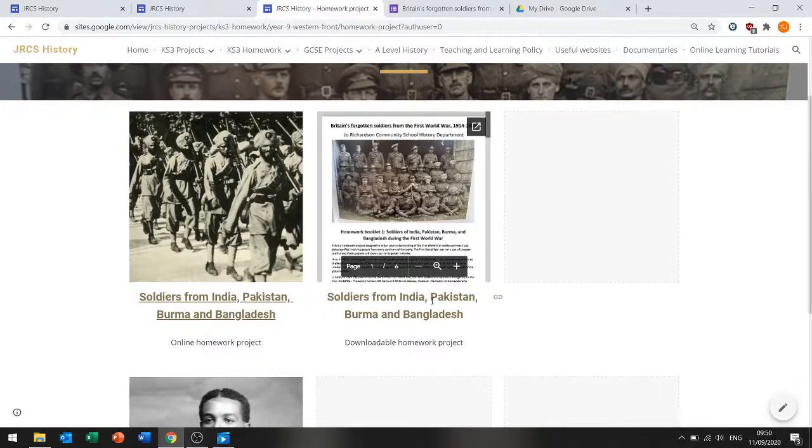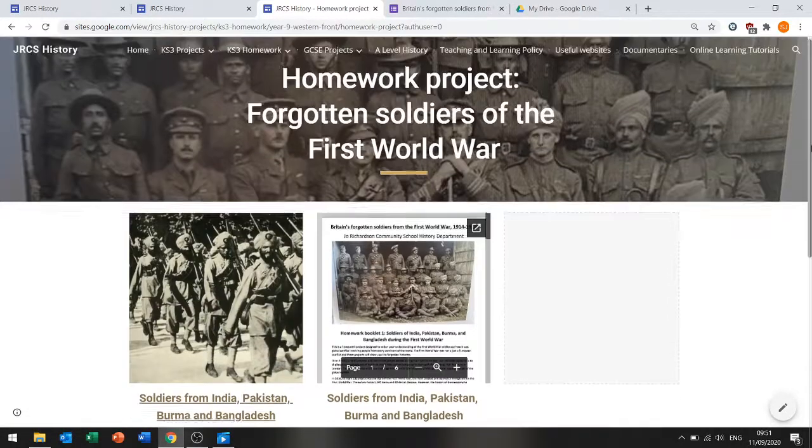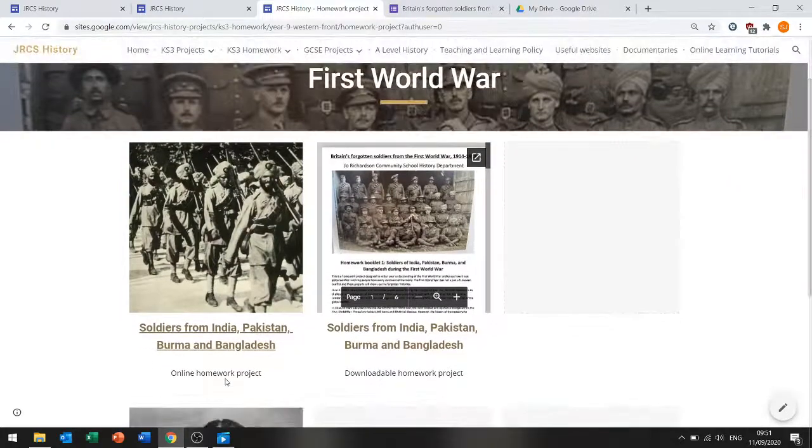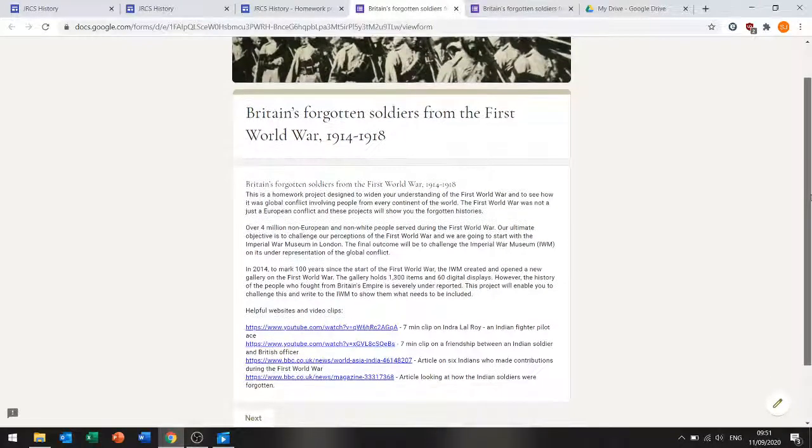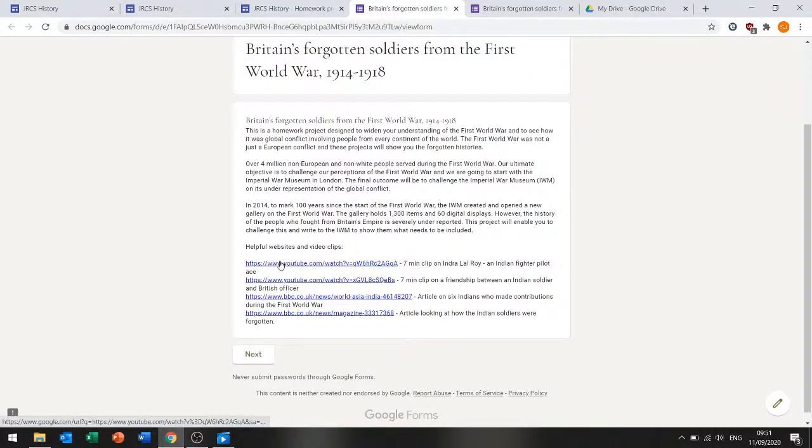You've got the online project, but you've also got a downloadable printed version as well if you prefer to use that. But we want to encourage you to use the online system. It's really accessible from your phone as well, but preferably you want to be accessing it from a laptop or a computer. So you click on here. This will load up and give you an introduction into the homework, about what the homework is. Then you've got several clips that you can use. Press next,